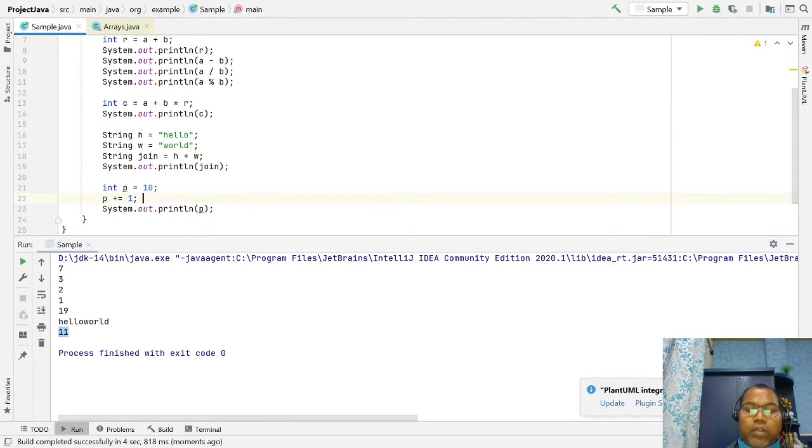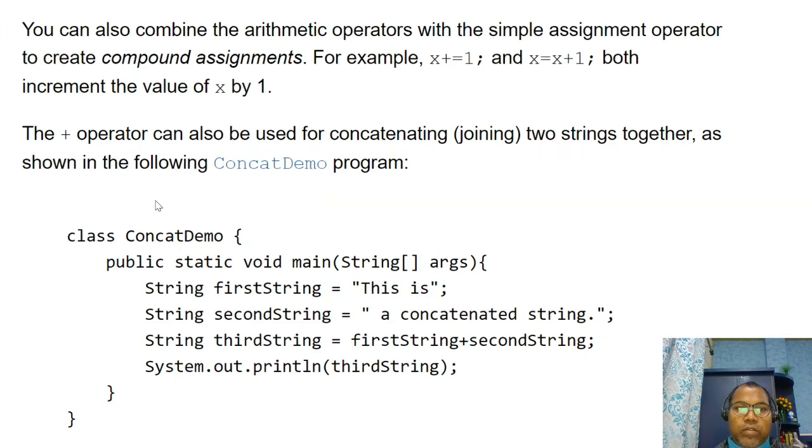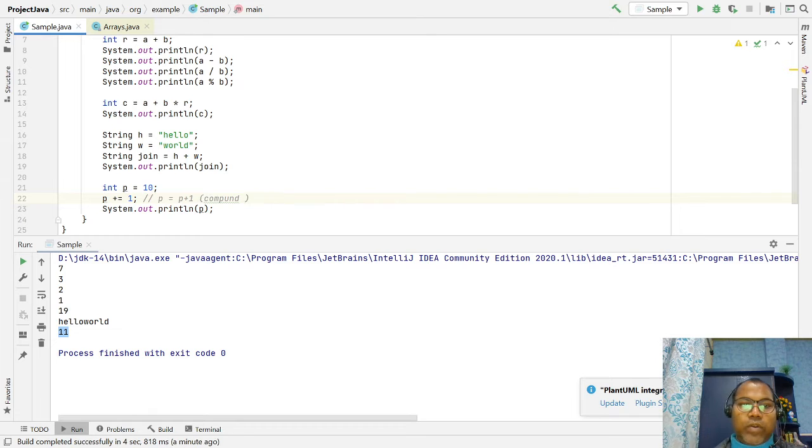So this is like p equal to p plus 1. This is known as a compound operator.